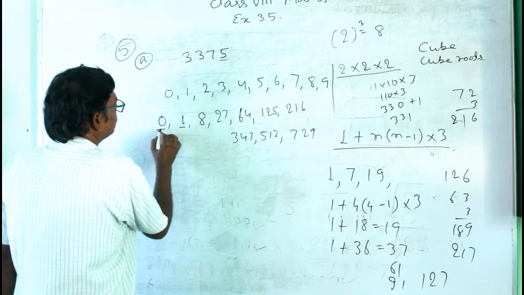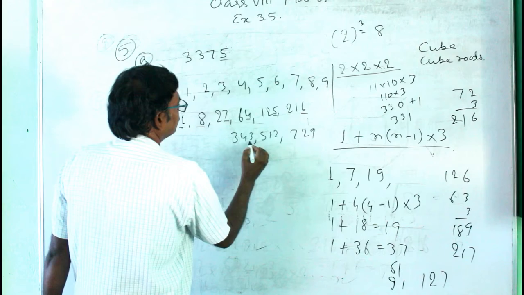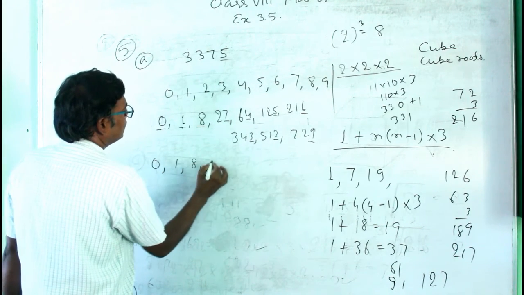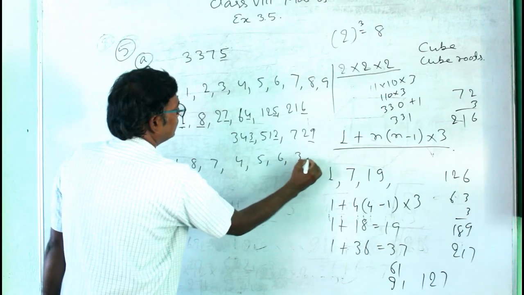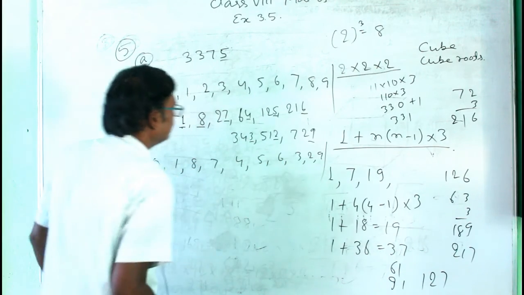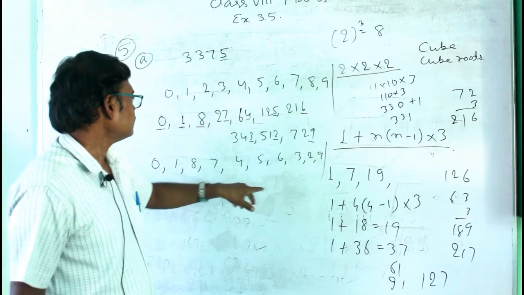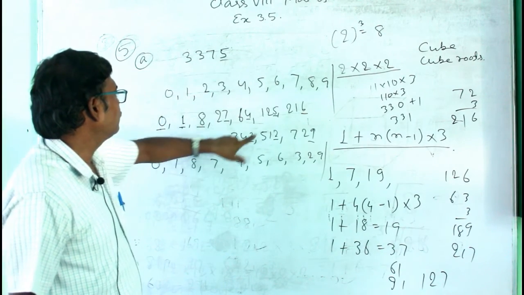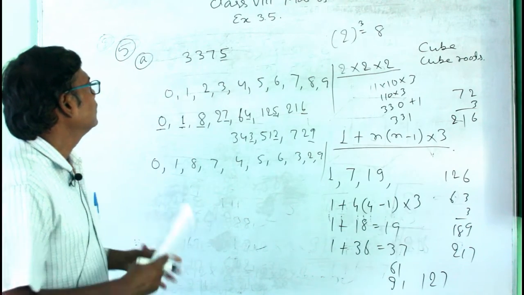They are 1, 8, 7, 4, 5, 6, 3, 2, 9 and 0. Okay, so remember this: like in this question we have 5 here. So you know that if it is 5,